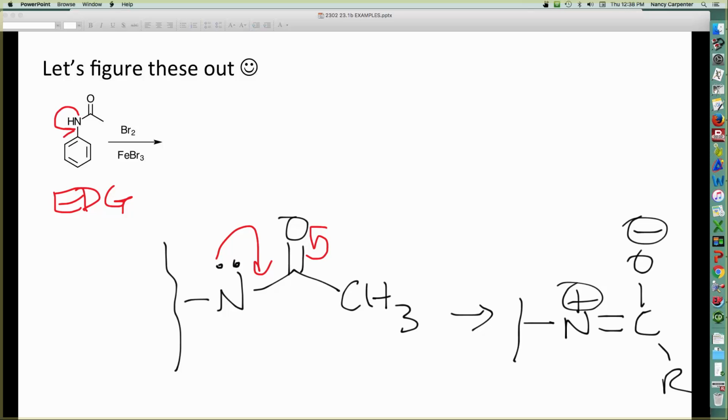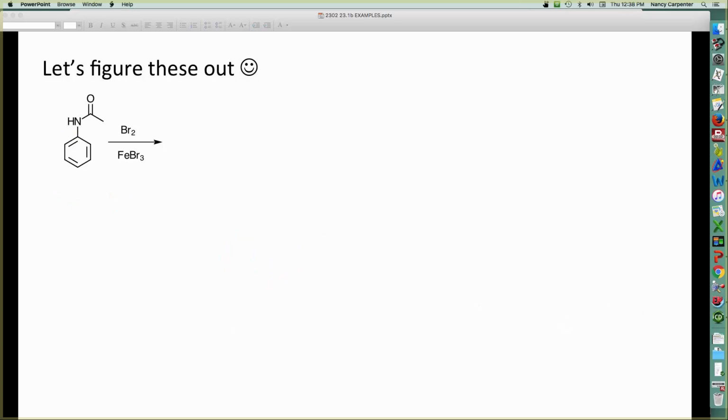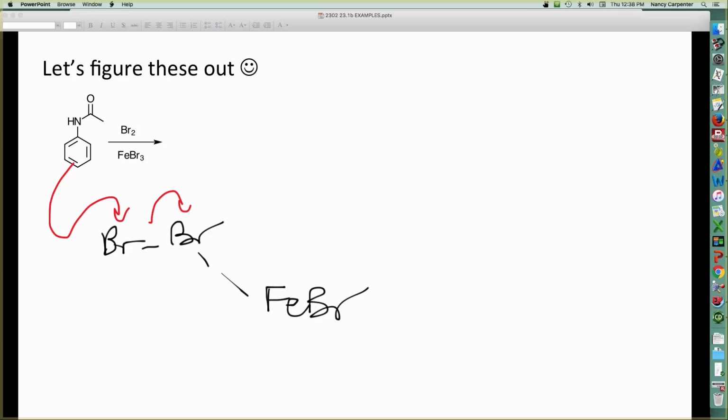Well, now what? How do I figure out where my bromine is going to end up in the aromatic ring? I'd say there's 2 different ways to approach this. The way we've looked at thus far is to look at the mechanism, always a good idea, and add our electrophile. So this is coordinated to our Lewis acid to make this a much better electrophile. We could even call it Br+. But in any case, that's going to give me an intermediate